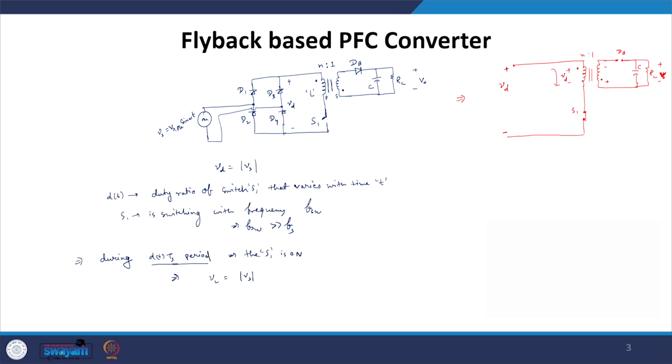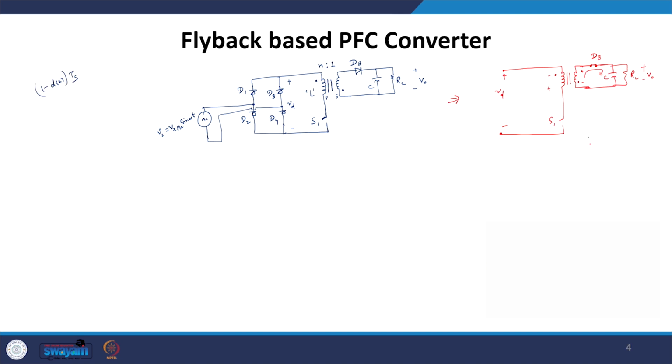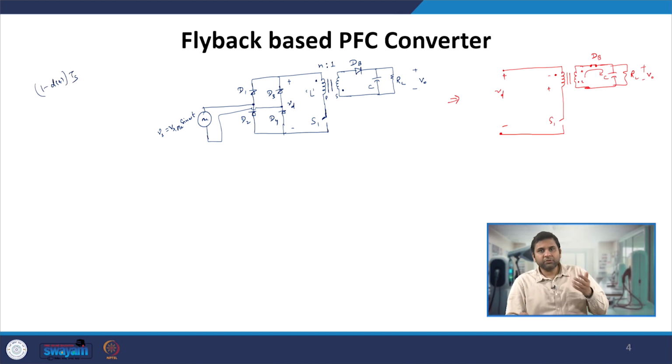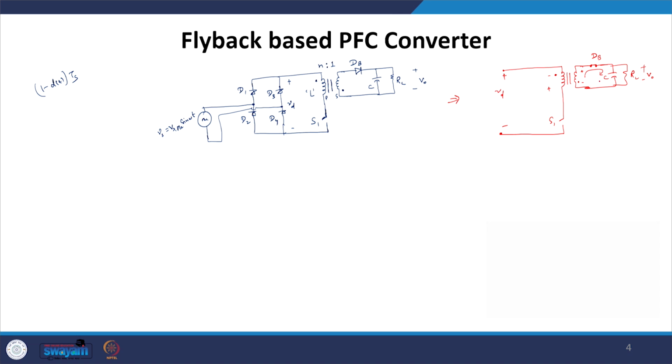In the previous case, the current is going from dot to non dot, and as a result the flux in the core gets built up, while in this case, in order to ensure continuity, the current through the inductor cannot change. So on the other winding the current will again start from dot to non dot. However, in this case no voltage source is connected to the winding which builds up the flux in the core; it is the core which is actually driving the load, and that is when the flux in the core gets de-energized.